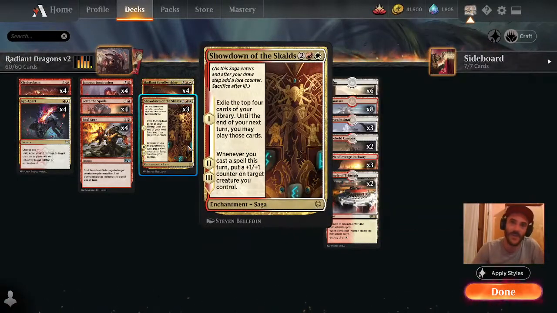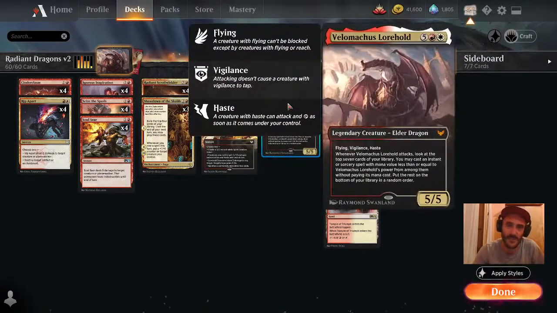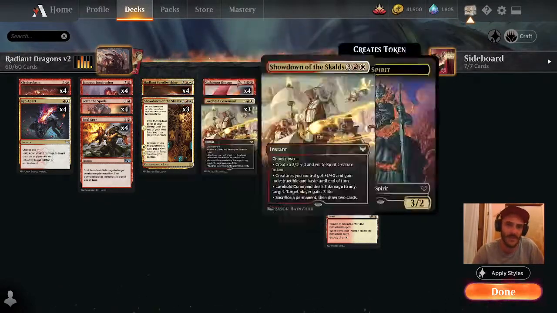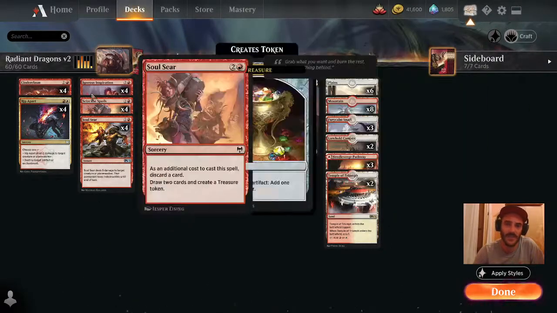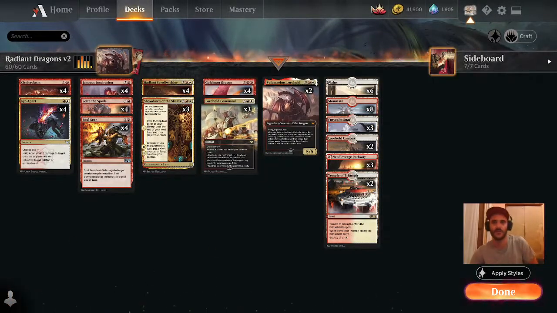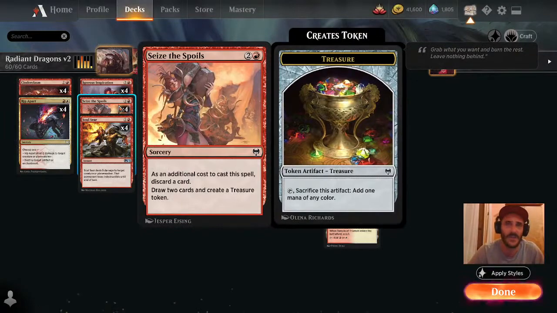Amazing value. Then as far as card draw, we've got Seize the Spoils. There's also essentially Showdown of the Skalds. This isn't really card draw because they're being exiled, but you're keeping the options open. You're creating more plays, more play lines. And of course, it's great to be putting tokens on Velomachus Lorehold, onto our Goldspan Dragon, onto our Radiant Scrollwielder. The bigger they grow, the better they get. Oftentimes, we cast the Velomachus while the Showdown is down, swing in, reveal a spell from the top of your deck with the Velomachus, and then cast that spell and grow it even bigger before you even land the damage. So, essential card, I think, in this deck, because the alternative was to run something like